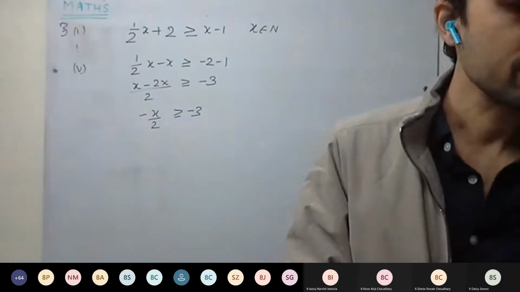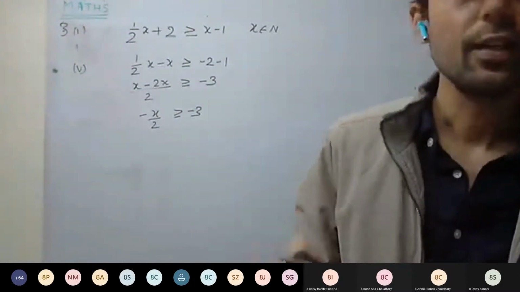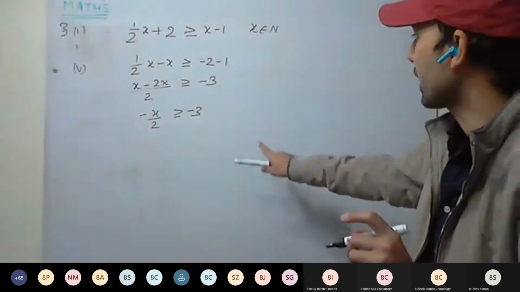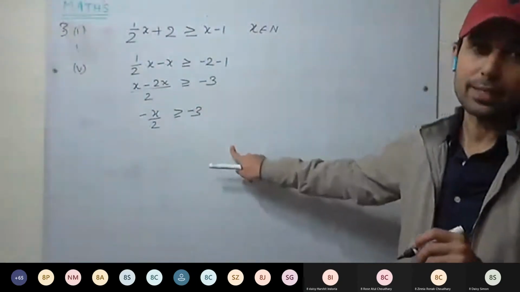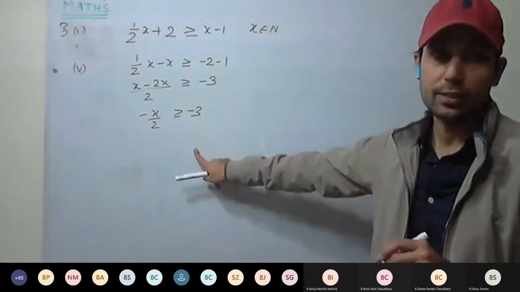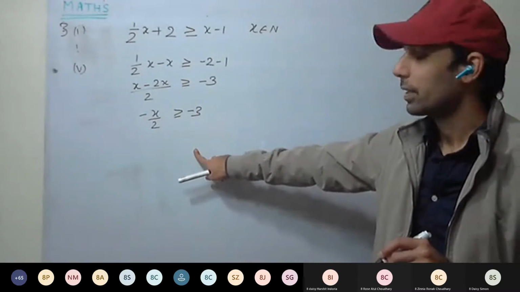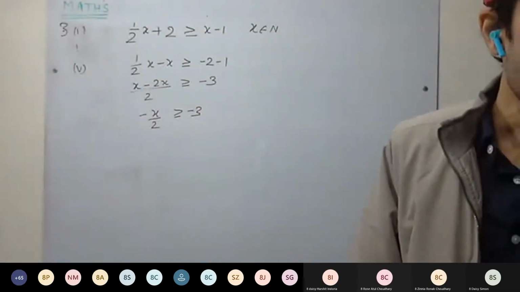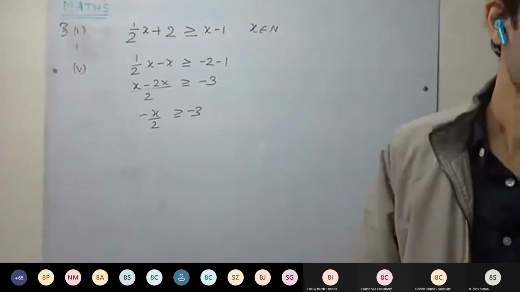In the second, that's fine, but it is not asking to represent it graphically. Okay, till it is not asked to represent graphically, you don't have to draw the number line. You have to find the solution set. And even if you draw, no issue.